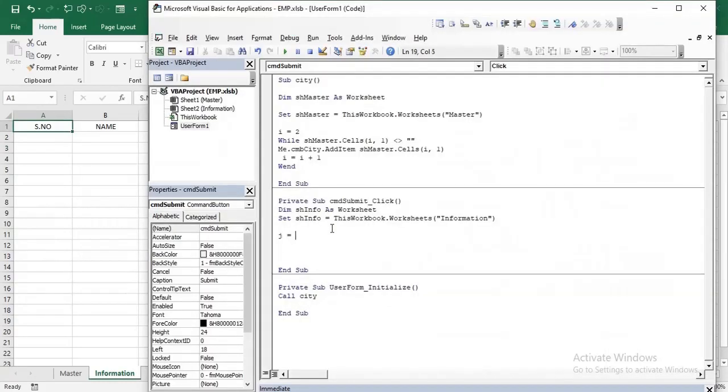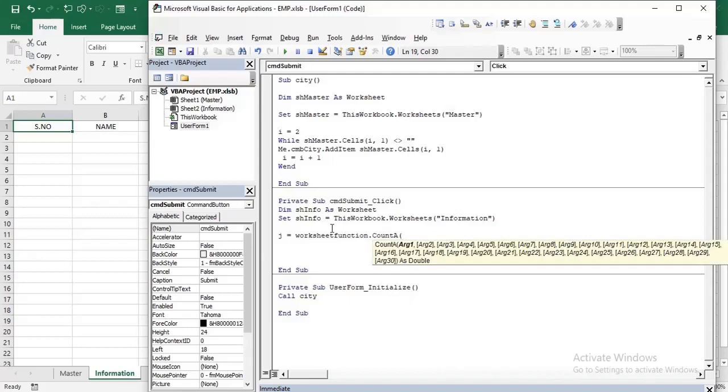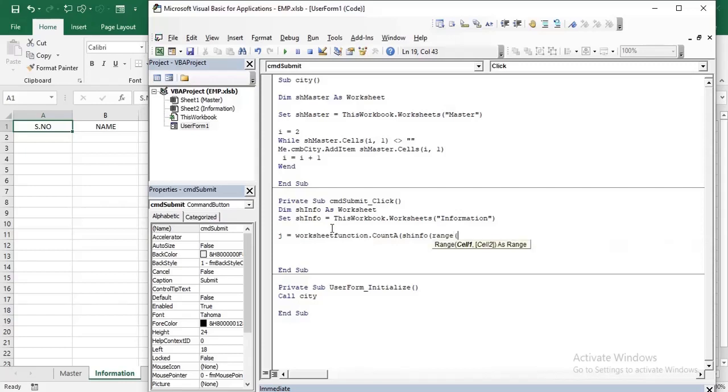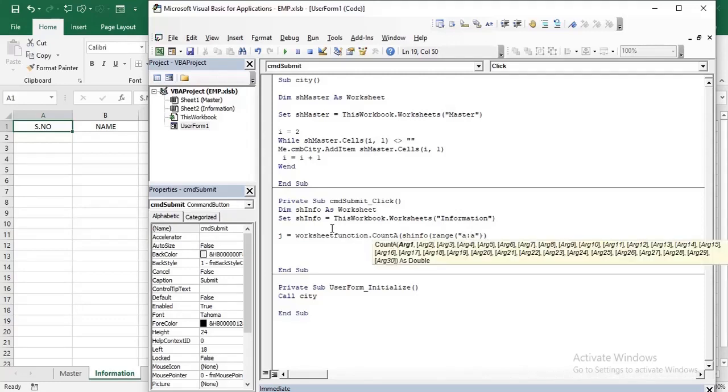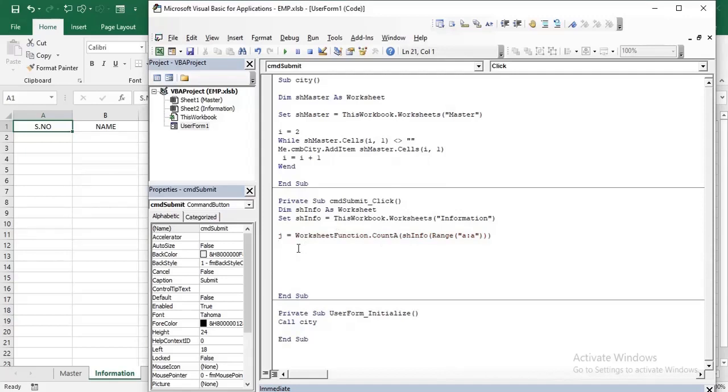Let's name it J. J is equal to worksheet function dot count A, sh info range A. Now sh info dot cells j comma 1 is equal to, now I want to call the user form.